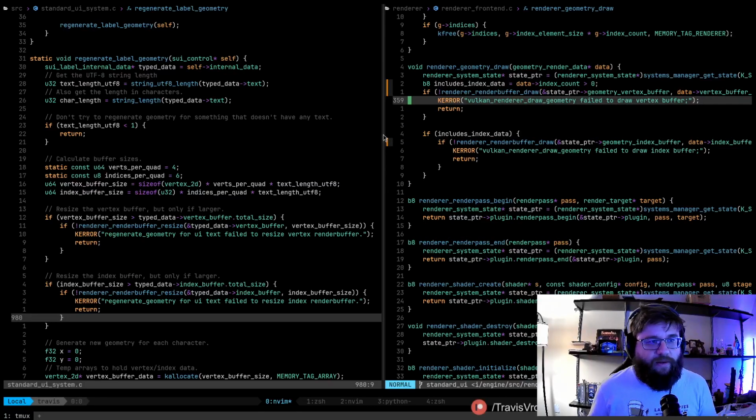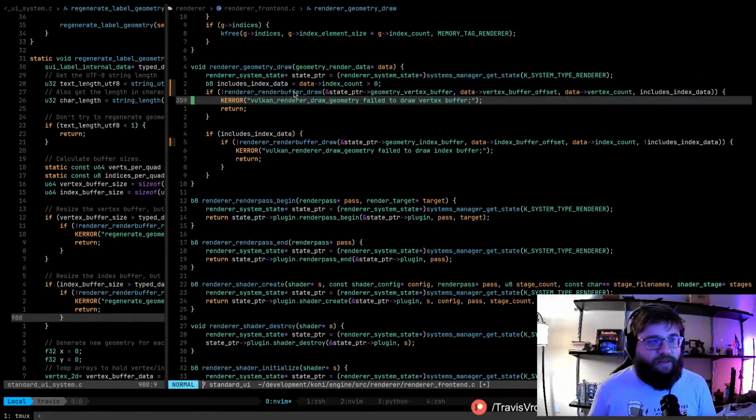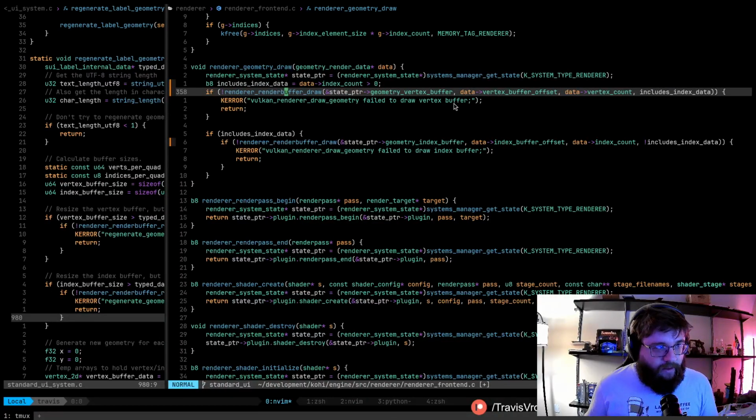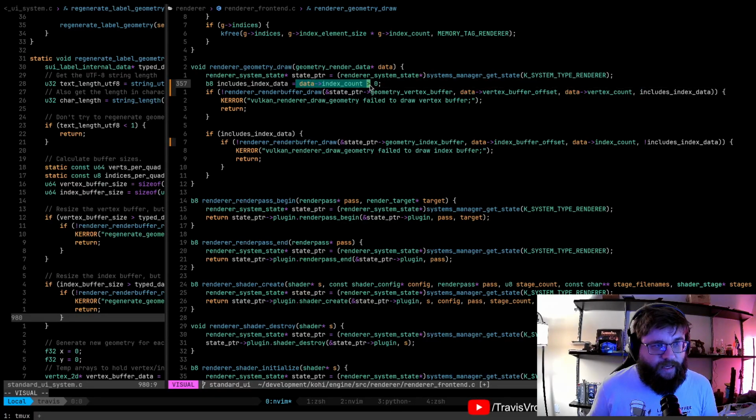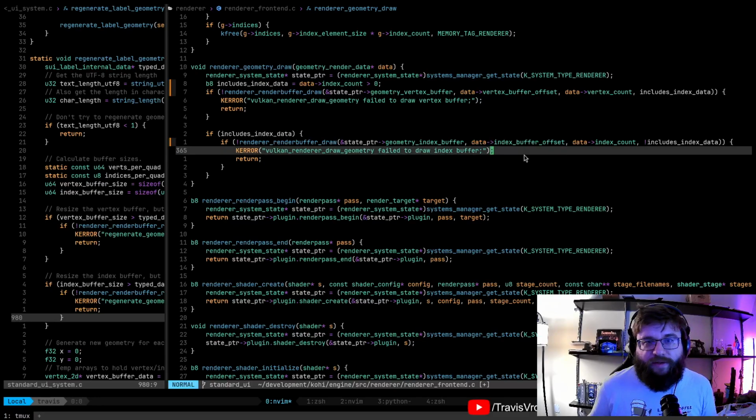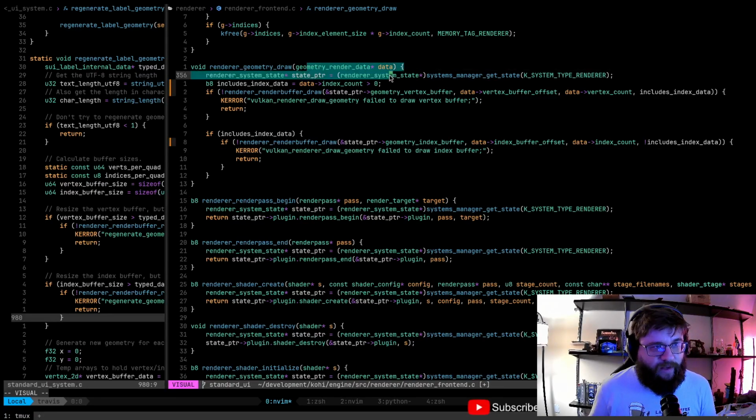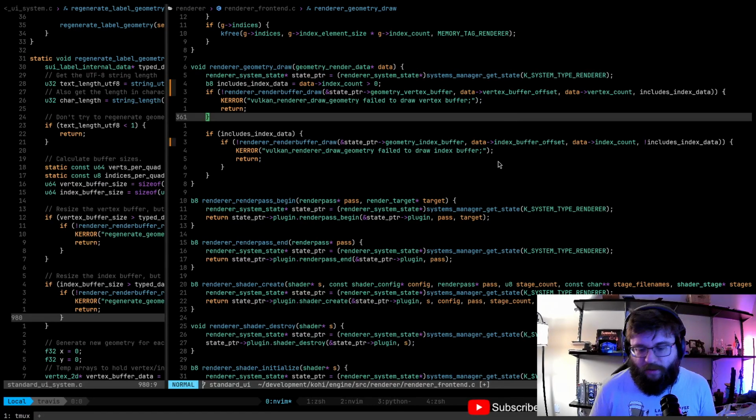So if we extend this over a bit so we can look at this, all we really needed was the vertex buffer offset and the vertex count, the index count, and the index buffer offset. So we had no reason to have a pointer to that geometry in the geometry render data anymore, which I think is way better.